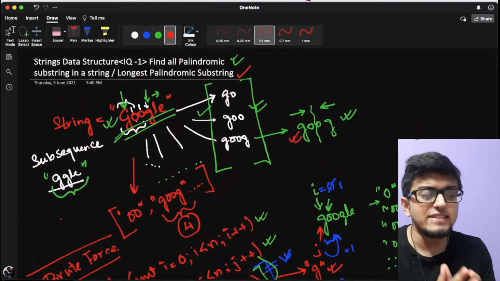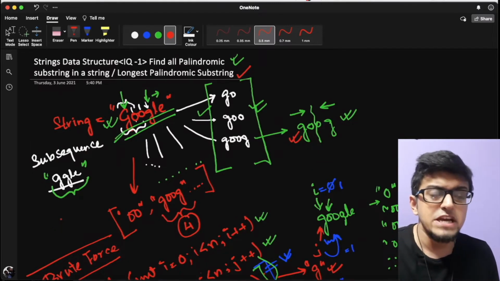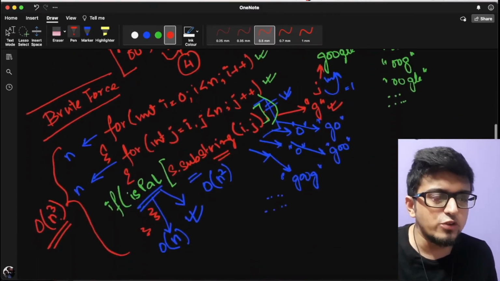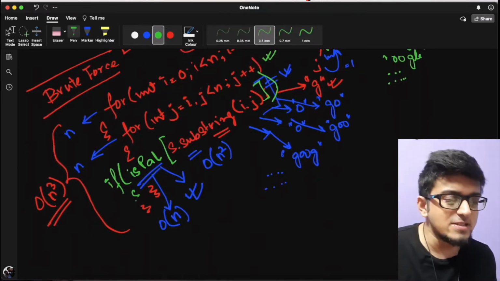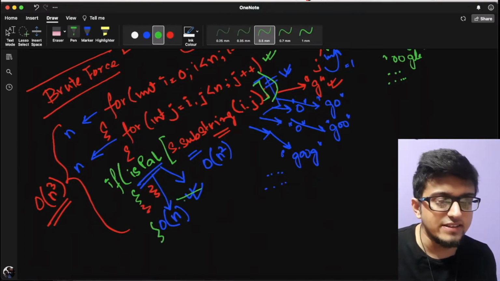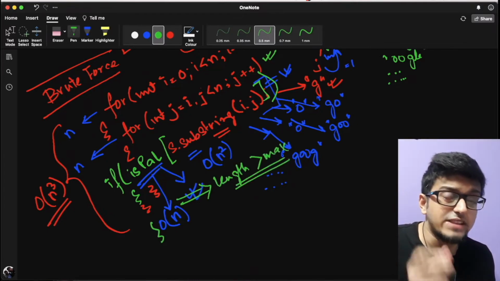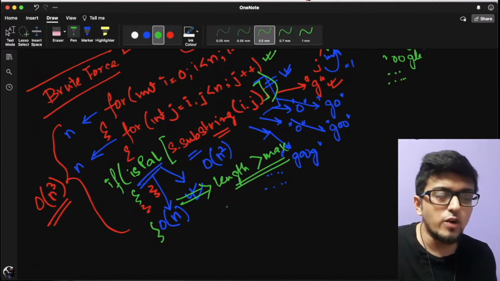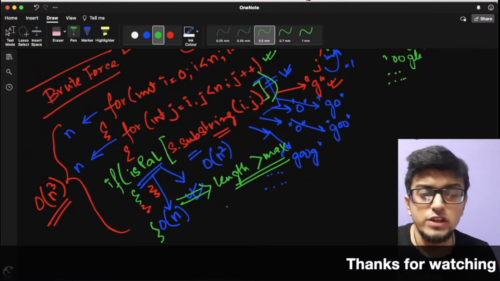So I hope you guys are clear with this basic solution, that is, how we are solving this problem using the brute force method. Over here you can also calculate the longest palindromic substring by putting another condition within this if block, that if the substring is a palindrome, then you again check whether the length of that palindromic substring is greater or not. So just by putting one more condition over here, you can easily get the result for the longest